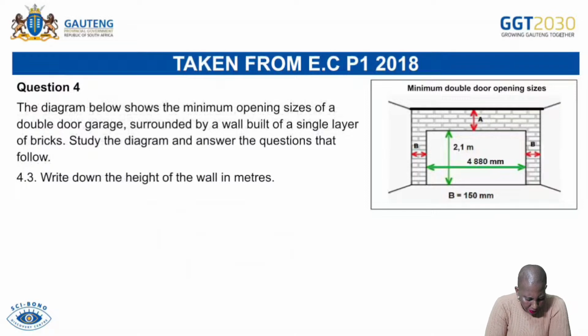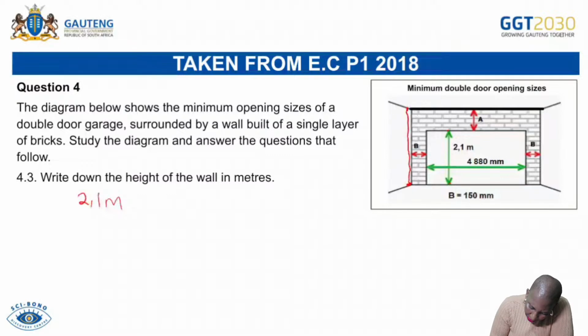Now the next question says, write down the height of the wall in meters. How high is the wall now? We have to check. The wall from here up until here is 2,1 meters. So meaning we have 2,1 meters. But the height of the wall starts from here. It goes from here up until there. So here we set our A, it was 450 millimeters. Conversion again,